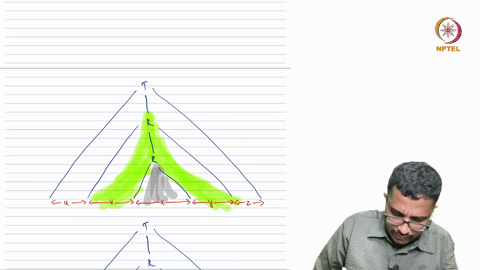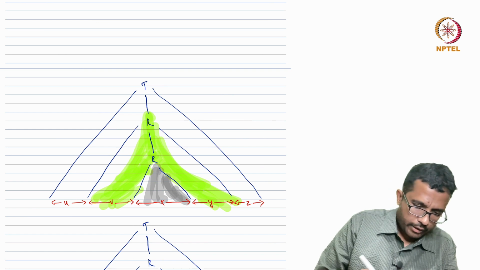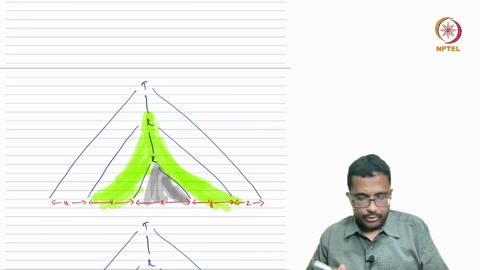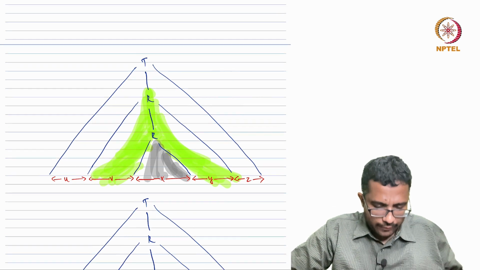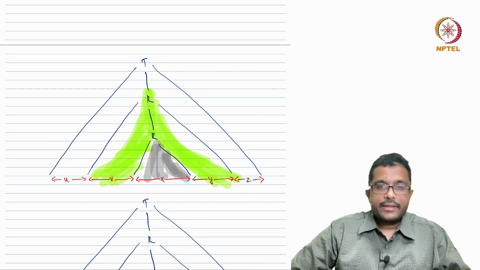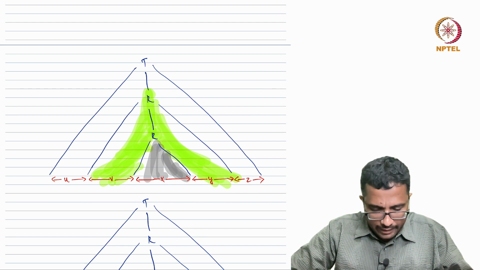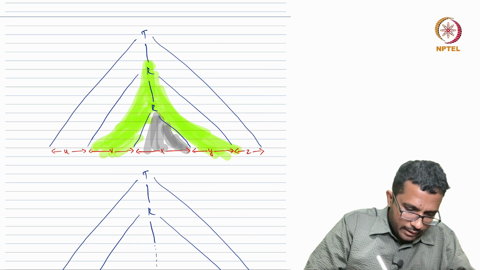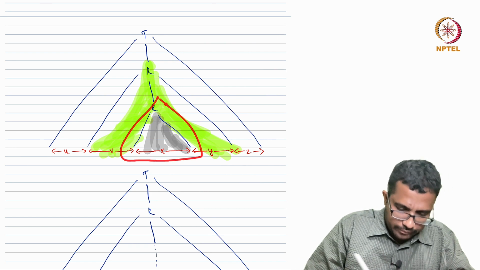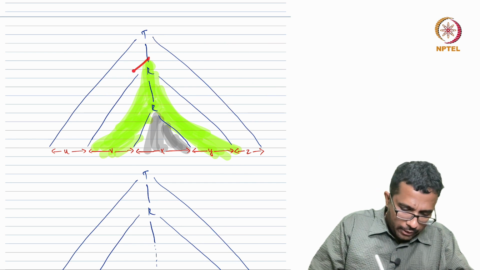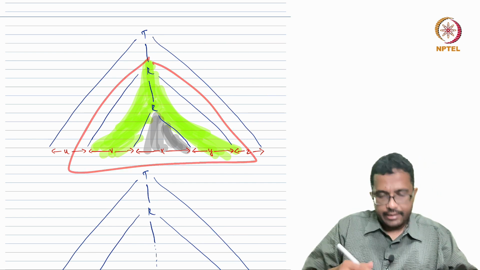So the second r derives x. Again, this is a bit messy, so I'll just not use that color from now on. But the first r derives ry, and the second r derives x. So now the thing is that we could replace this gray triangle with a copy of this bigger triangle, because it is r that is